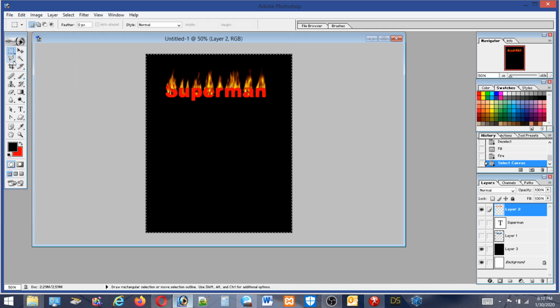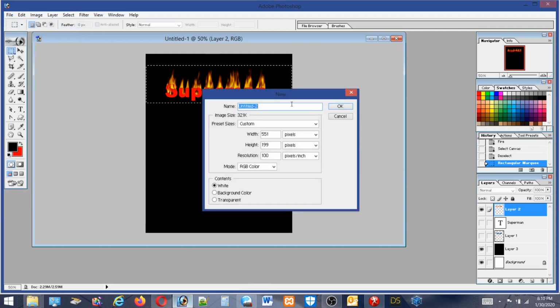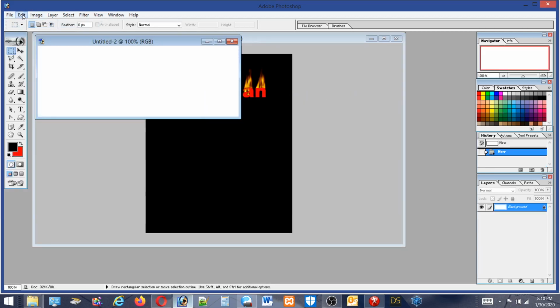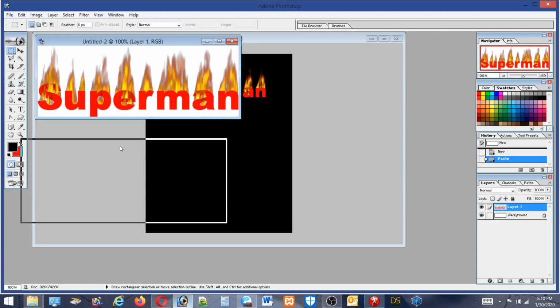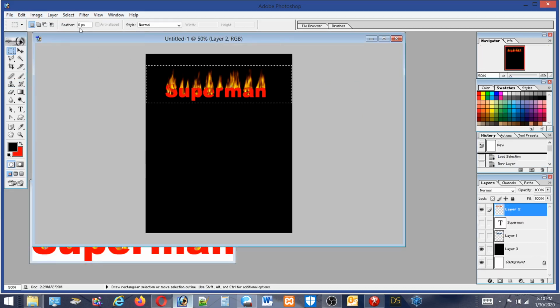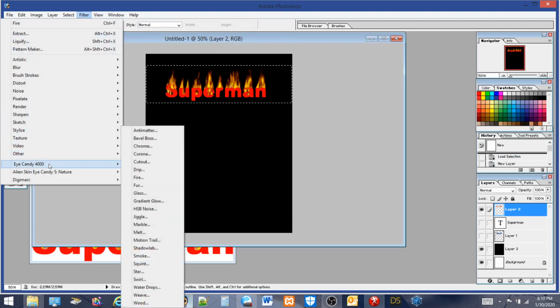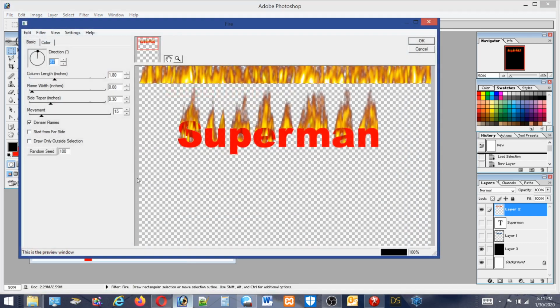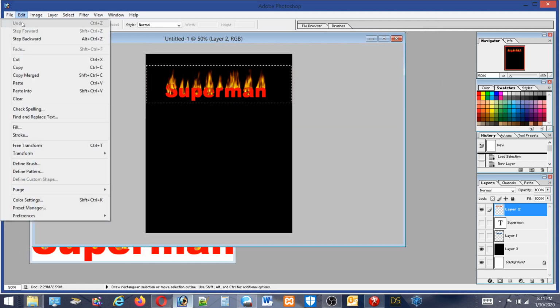Actually, I think I'll just copy part of it. Edit, copy. Then file new, edit, paste. I'll save that there. Then go back in there, filter, motion trail, fire. Well, actually, that wouldn't be doing it. Cancel. Do this. Edit, step back,